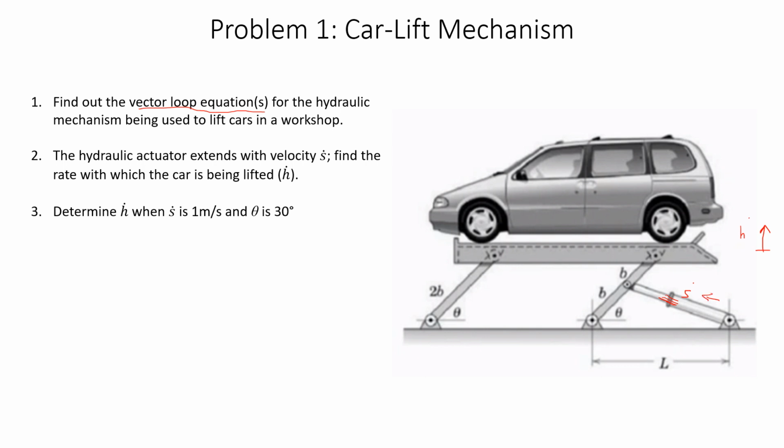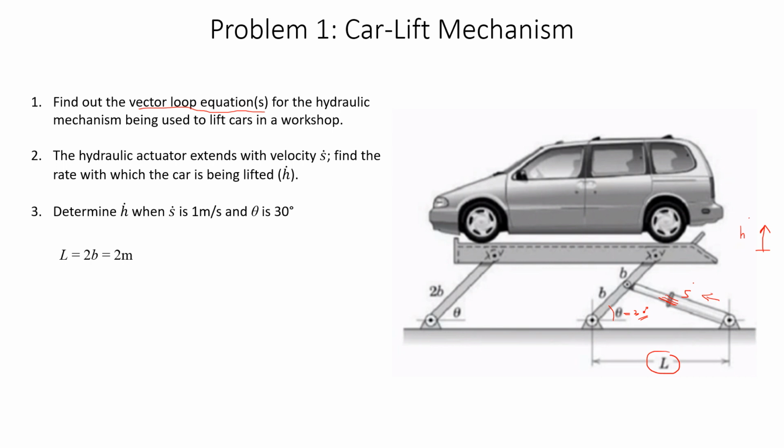So we're going to see what is going to be the corresponding h dot when theta, which is right over here, is equal to 30 degrees. So this is going to be a specific case, but before we discuss this specific case, we're going to derive the generic equations which are going to be used for this purpose. In addition to that, some sense of dimensions should also be in front of us, and for that we would identify that this length L is actually equal to